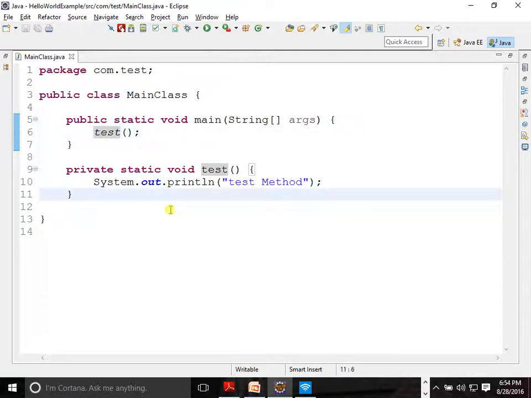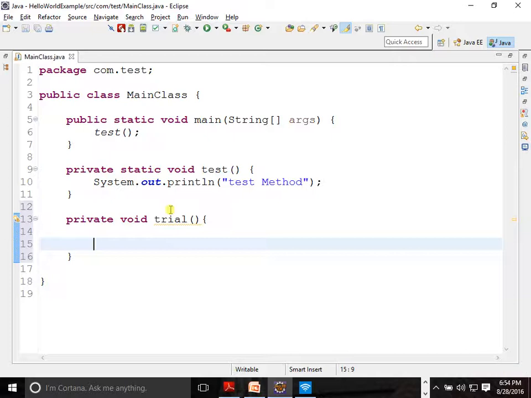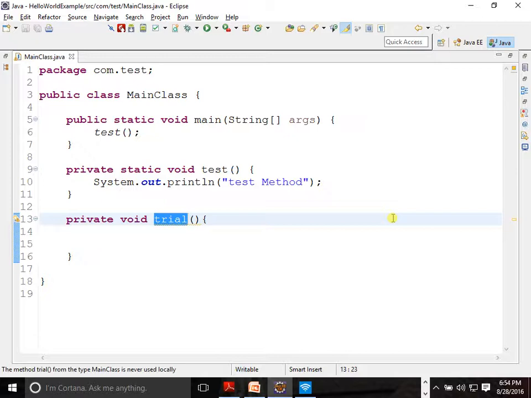Similar to this, suppose I am having one more method, private void trial. What is the method name? Trial. Tell me, is trial static or non-static? Non-static. Can it call test?